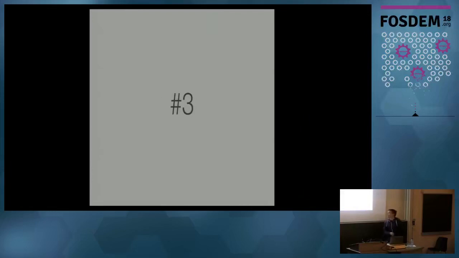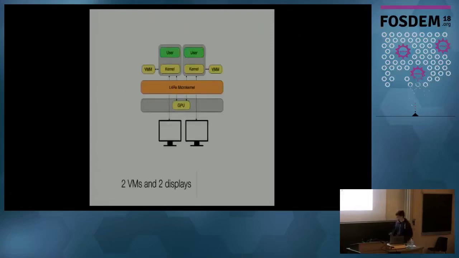So the last story is about graphics virtualization. This one is an example where the hardware turned out to be pretty okay, but in the end, the architecture and the poor software implementation were the culprits here. We have a use case for running our system with two virtual machines, one GPU, and two connected displays. The requirement was that each of the virtual machines can use the GPU for hardware accelerated graphics and also for GPU accelerated applications.